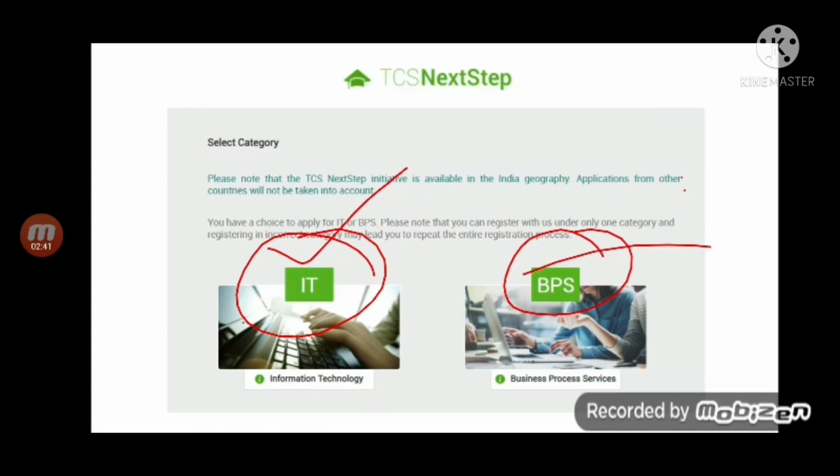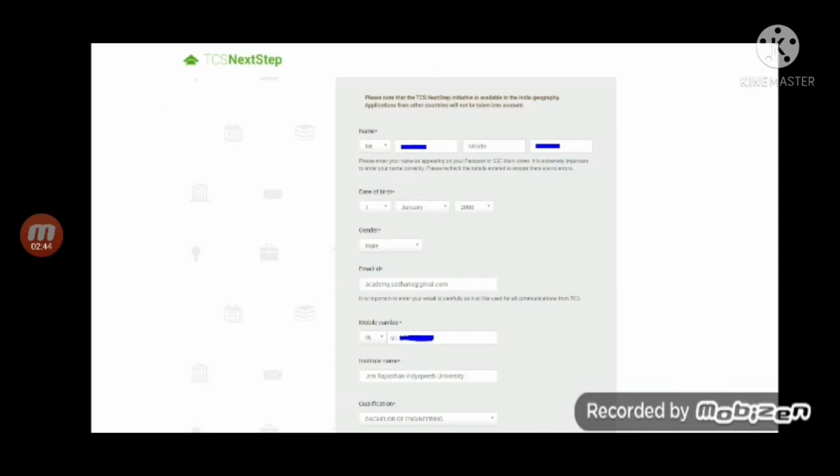On clicking on this IT, you will be taken to this page where the fields you enter here are non-editable. You cannot edit them later. So please enter them very carefully. If this page does not load, that means the server is busy. Try filling this form preferably at night, because in the evenings and early hours this server is very busy. And do not postpone your application till the last date, which is August 15th, because then the server will be very busy and you won't get this form loaded.